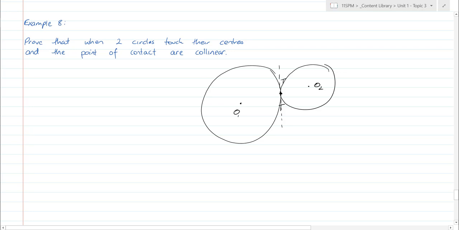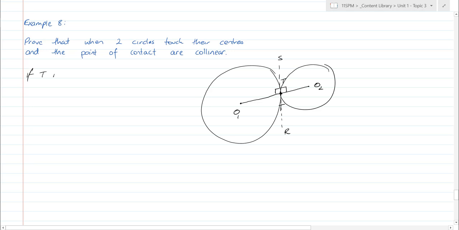That's their common tangent, and hopefully you'll see that the radius to the tangent will be a right angle, and the radius to the other tangent will also be a right angle, which implies that O1 T O2 must be a straight line because you've got two right angles on it making 180 degrees, and you only get 180 degrees in a straight line. So if I call this S and R again, like the previous question,